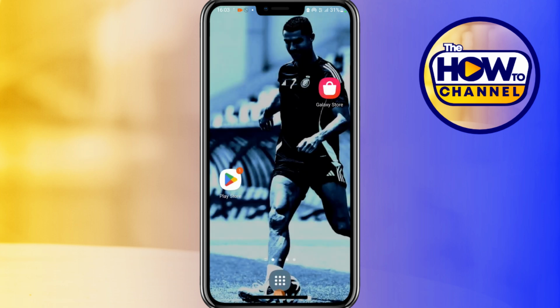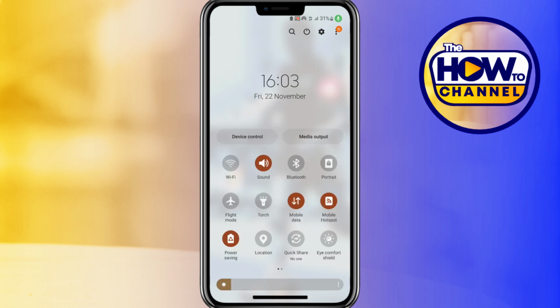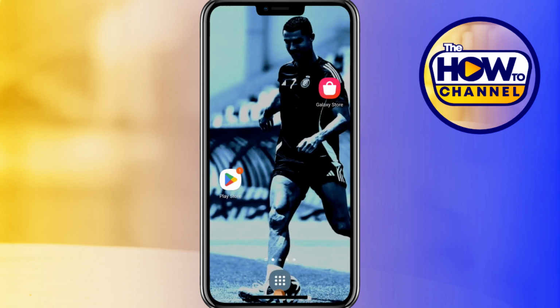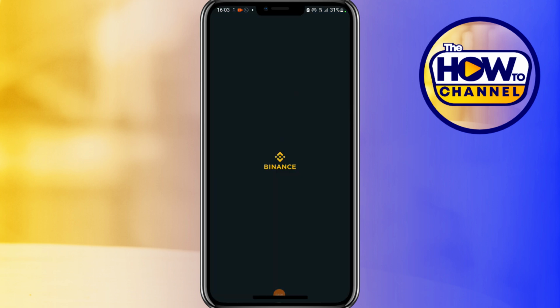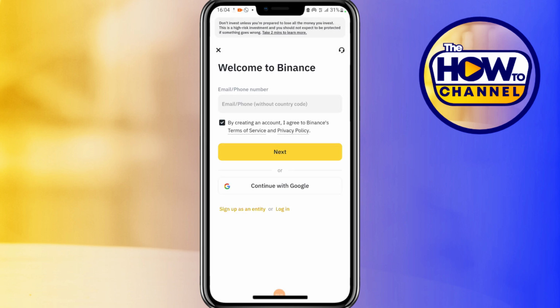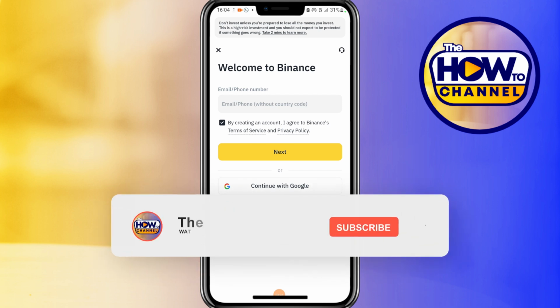is another simple way to solve this, and that is to change your network connection. For example, if you're using Wi-Fi, you can switch to mobile data or from mobile data to Wi-Fi. After that, open the Binance app and enter the required information to log in successfully. You can also go for the option continue with Google. If you have your Google account connected, it makes the process simpler, and this is how you can fix Binance